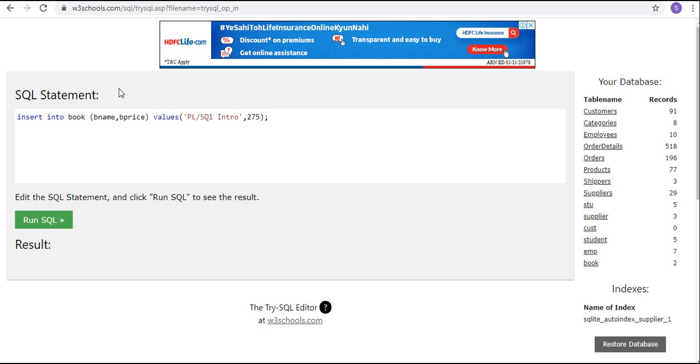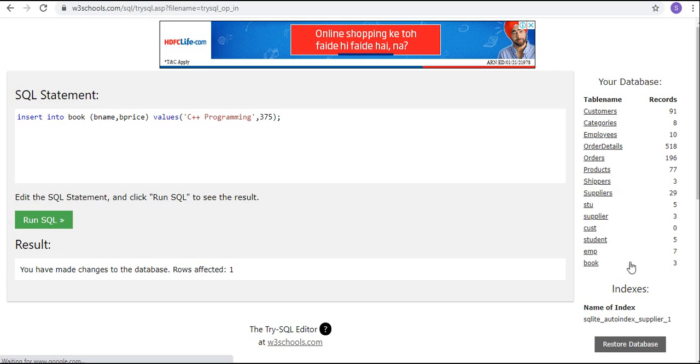Then we will go with values. Here I am going with C++ programming, and the price is 375. Click on Run SQL, one record is inserted.